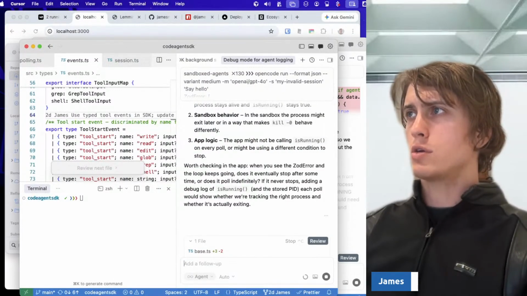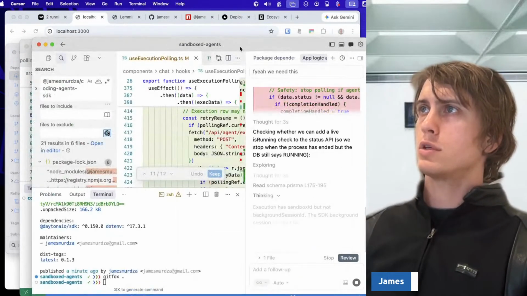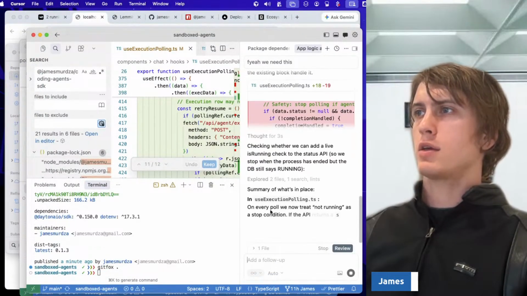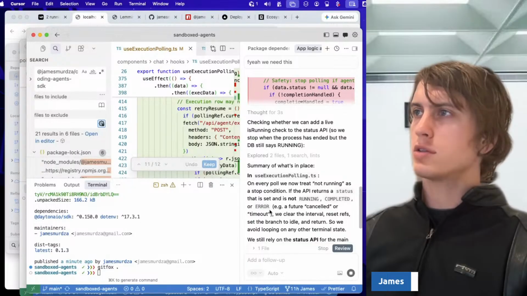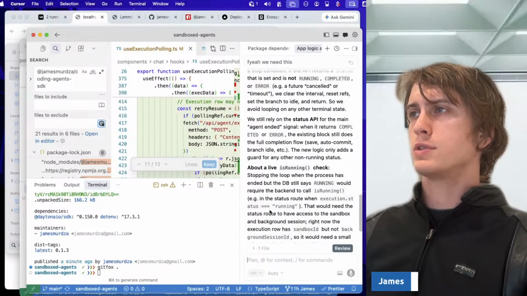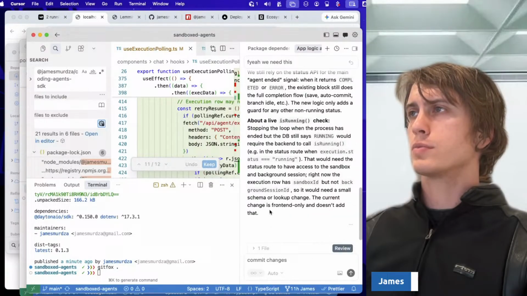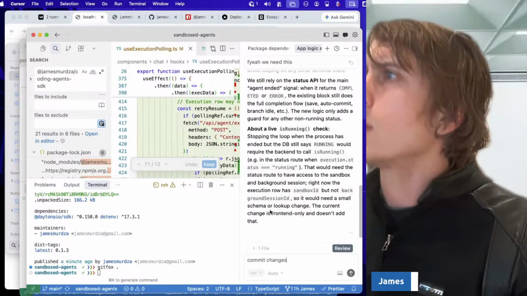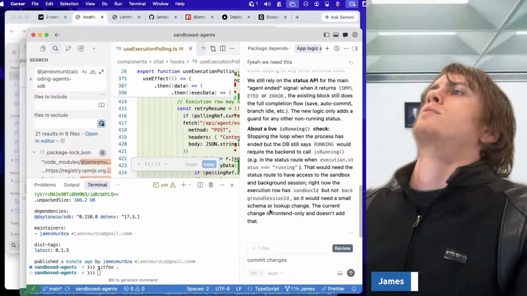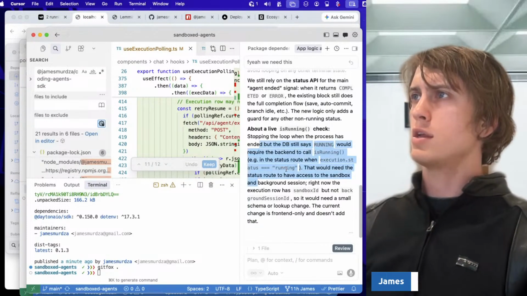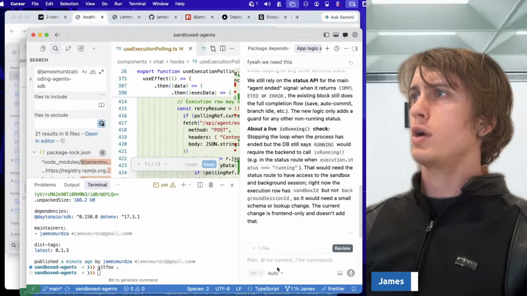I actually like working in Cursor, but right now I don't like giving it total access to my file system, you know. Stopping the loop when the process has ended, but the DB still says running would require